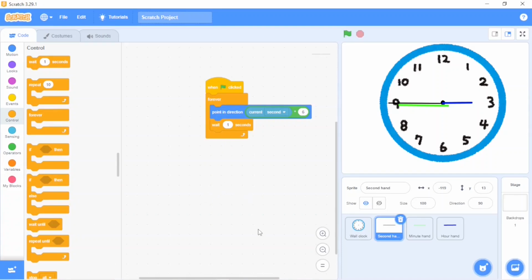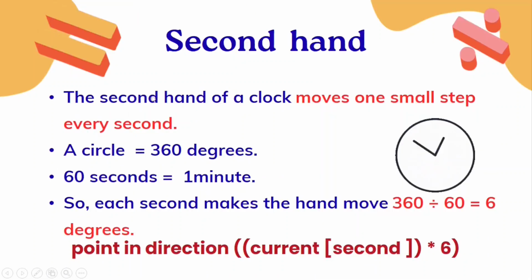Now let me make you understand how I did it. We all know the second hand of a clock moves one small step every second. And we also know a circle covers 360 degrees. And 1 minute is equal to 60 seconds.